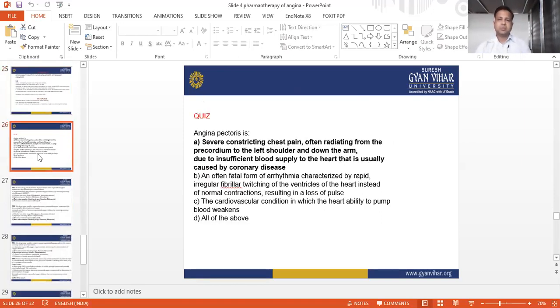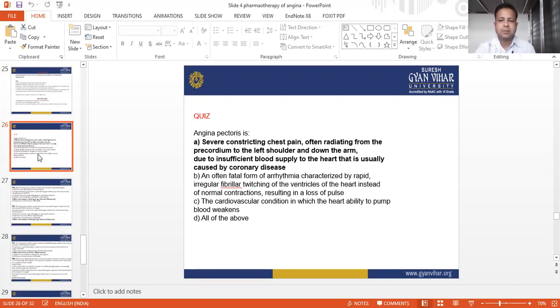Now comes the quiz. First question: angina pectoris is, with four options. First, severe constricting chest pain, often radiating from the precordium to the left shoulder and down the arm, due to insufficient blood supply to the heart,